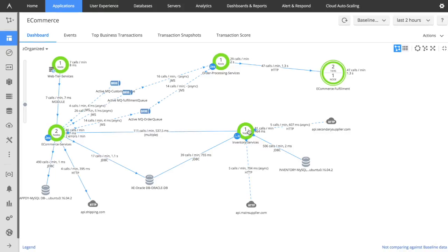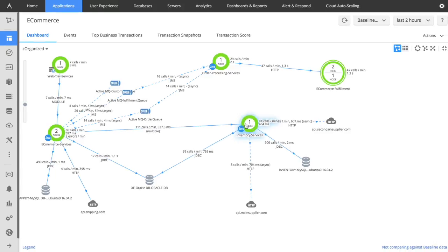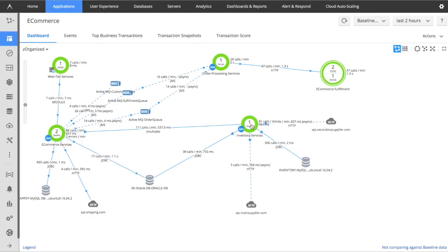Each of these nodes has a Java agent installed. We can see we've got 3 Java agents and 1 for the web server. The agents are really easy to install and require no code changes. So once the agents are installed, they'll start collecting information, enabling us to form this map. And in most environments we can start to see this map forming within just a few minutes, so very, very quick time to value. And as I said, we've got the 4 agents installed here, but the rest of the